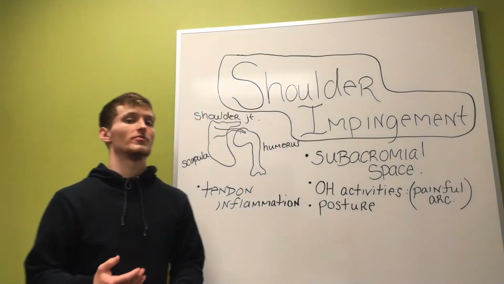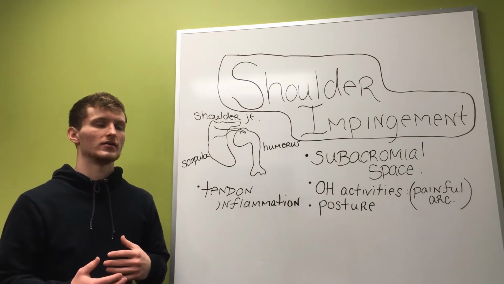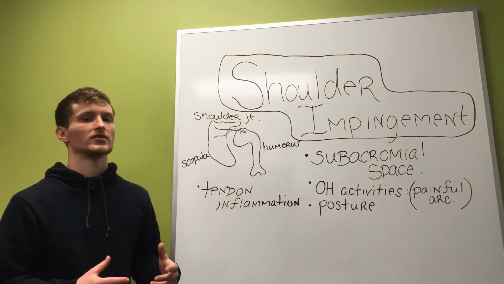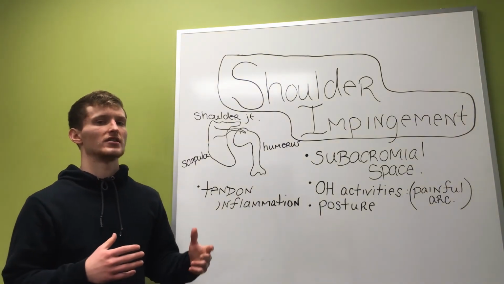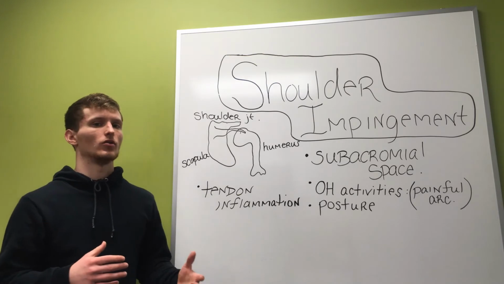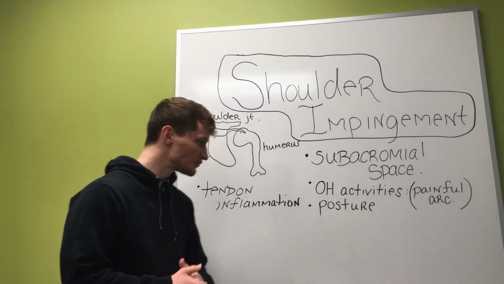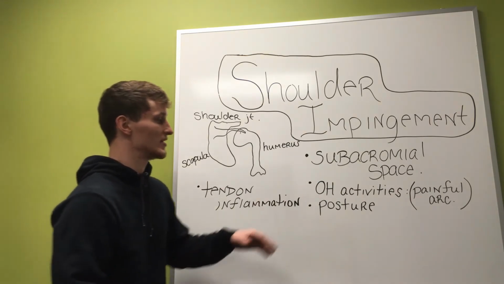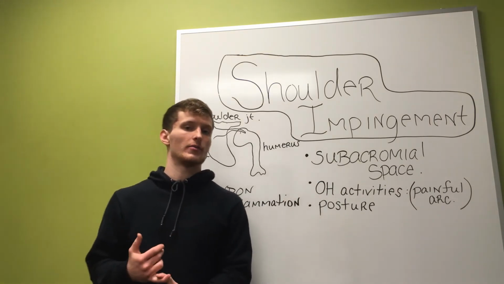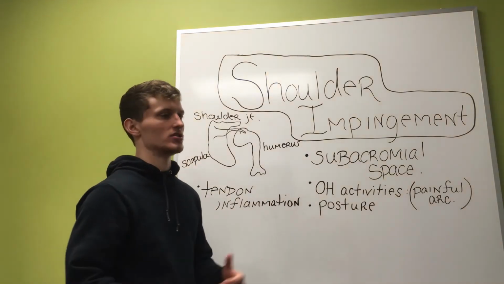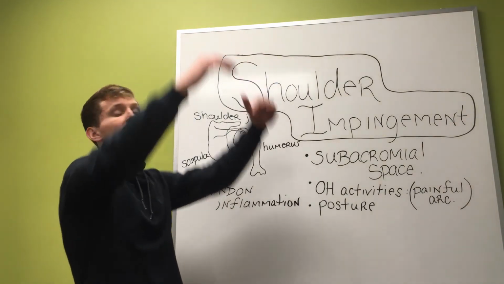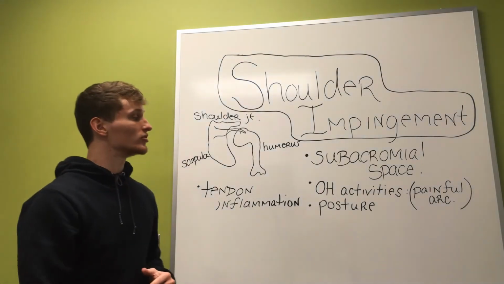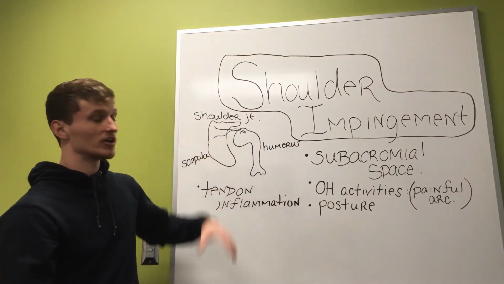So let's dive into some activities, things we do, and the relationship with our posture and our shoulders' anatomical alignment, and how that can affect long-term our rotator cuff tendons and our potential for developing or progressing shoulder impingement. So the first activity that's associated with shoulder impingement is overhead activities. So if I work at Amazon and every day I lift packages from waist height to up overhead 300 times a day, 10 hours a day for a couple of years, eventually if my rotator cuff isn't firing the right